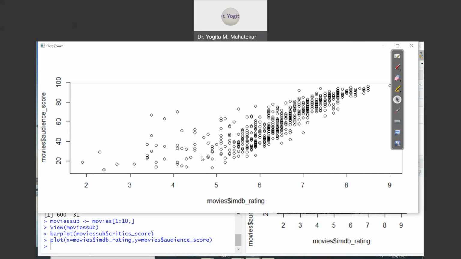But if it is showing a positive sloping direction or a negative sloping direction, we can say there exists a linear relationship between the corresponding two variables we have plotted on the x and y axes, and we can do the curve fitting by using regression analysis that you must have studied in the probability and statistics for engineers course. So that's the use of a scatter plot.